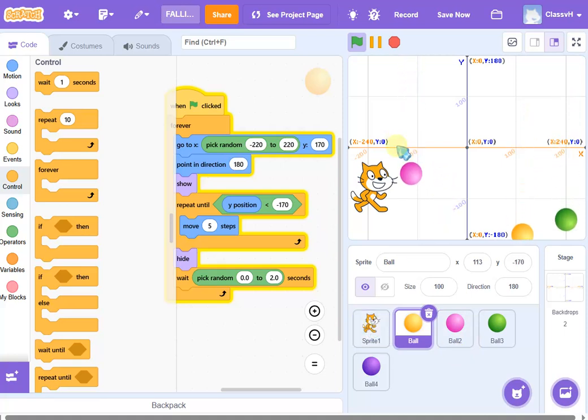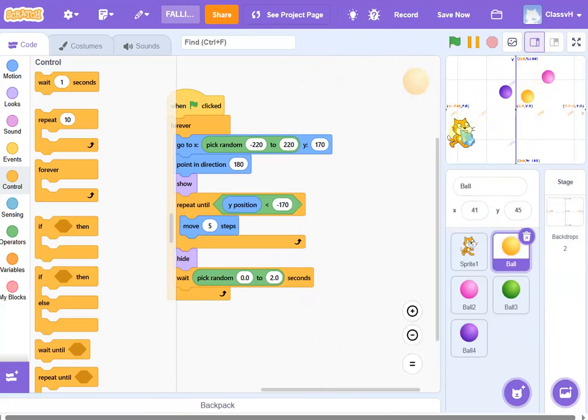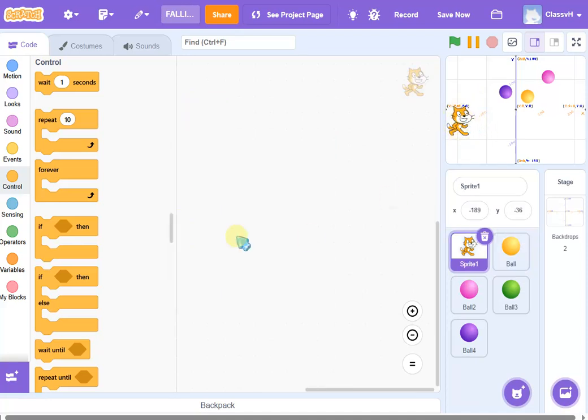Fine. Now afterwards, once we have finished the ball, see, it didn't take a lot of time. We have written the code for all the balls, and now the main agenda is to handle this cat. We have to write down the code for this cat. Like you can see, it is all blank. Now what is the plan? The plan is that